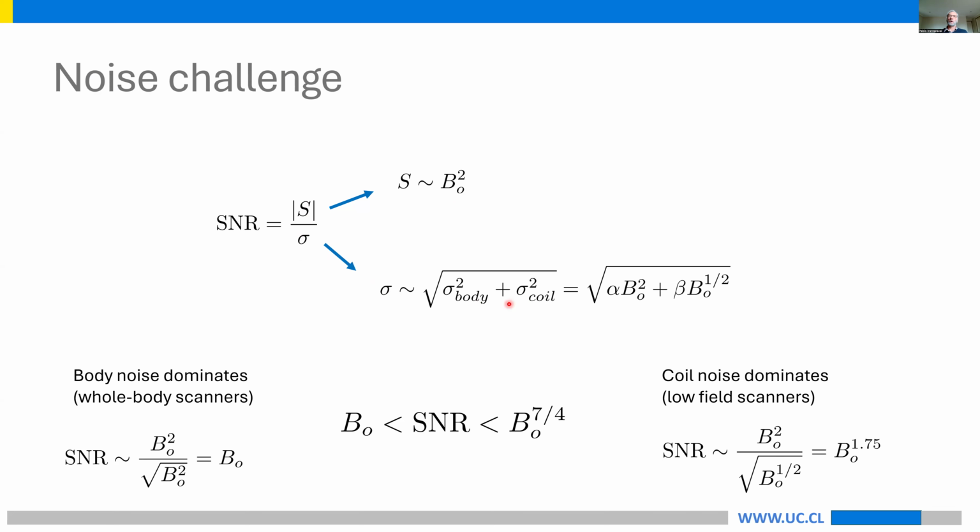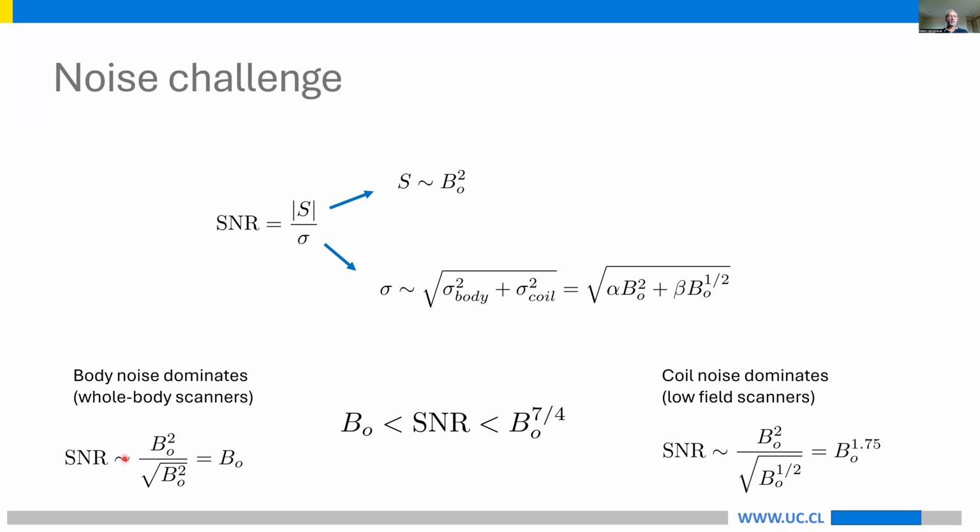The noise coming from the body goes with the square of the field, and the noise coming from the coils goes with the square root of the field. So it depends on which regime you are in, whether there is more noise from the body or more noise from the coil. Typically in large scanners, noise is dominated by the body